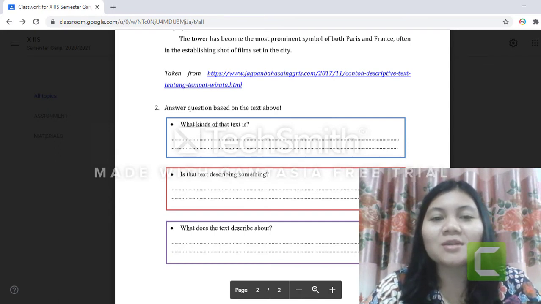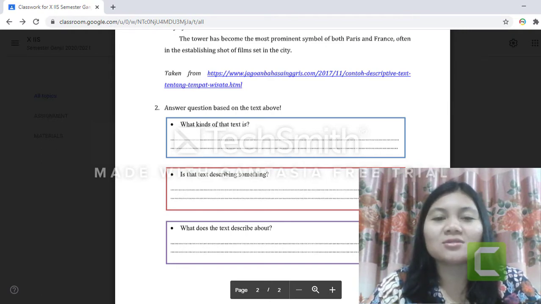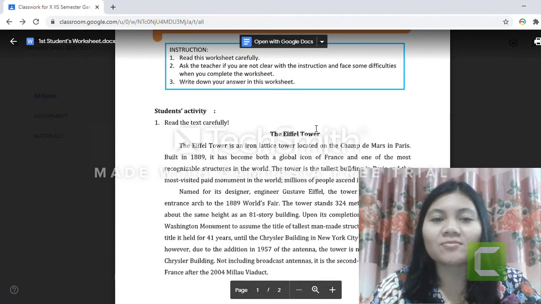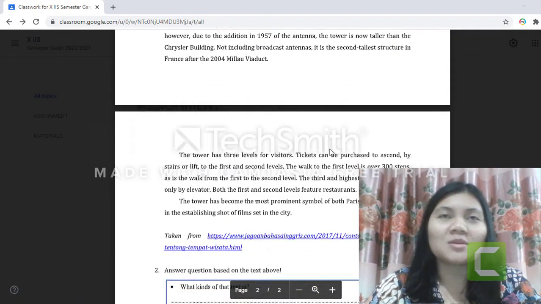So, what kind of text is it? Because you can see all the text is about the Eiffel Tower and all the descriptions are about the Eiffel Tower. So, the text is descriptive. Second, is the text describing something? Because it is a descriptive text, sure, the answer is yes.